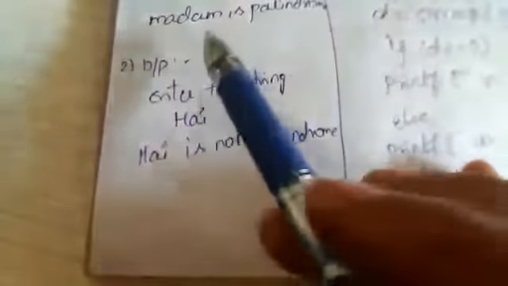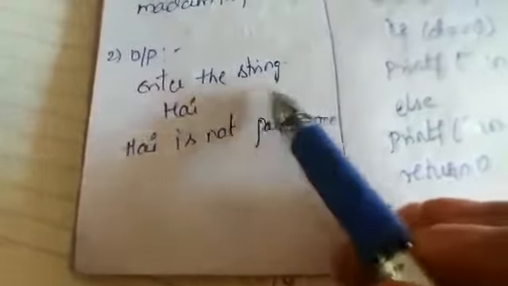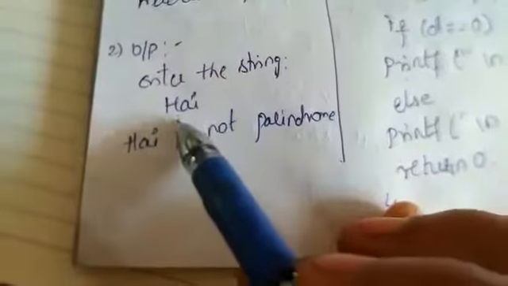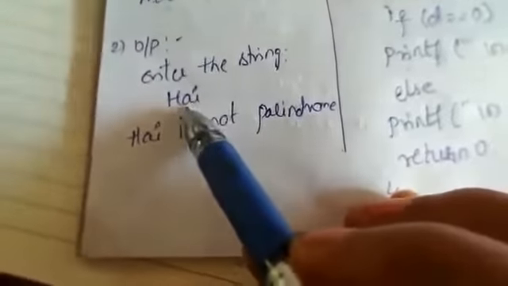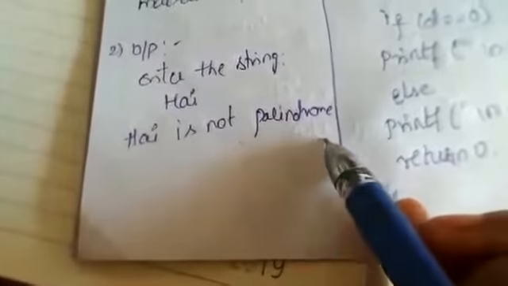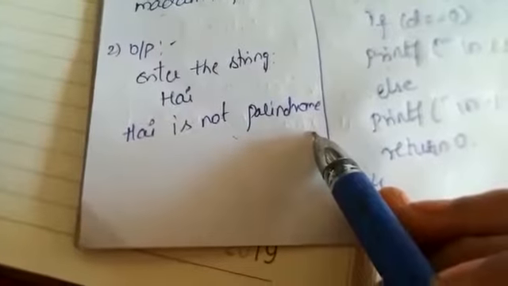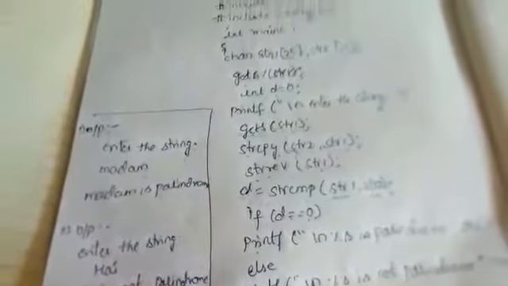And if you want to generate another output, you give the string, like "Enter the string": hi. If you reverse this string, it is I-H, which is not equal to the given string. So hi is not a palindrome. These are the functions. This is the simple program to find whether the given string is a palindrome or not.